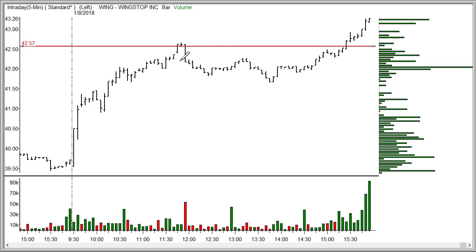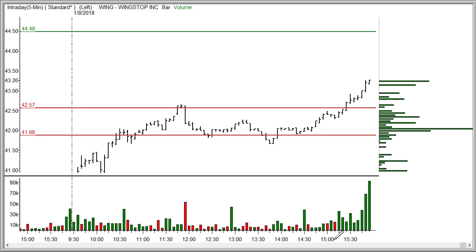If I'm looking for a place for this to bounce on a retracement, if we get an open that's lower tomorrow, I would definitely be interested in this area at $41.88. And on the upside on this one, an entry above the high of the session and above this $43.28 level